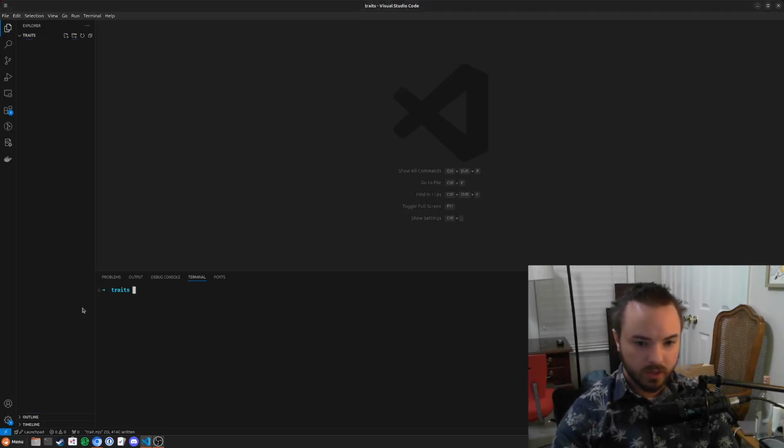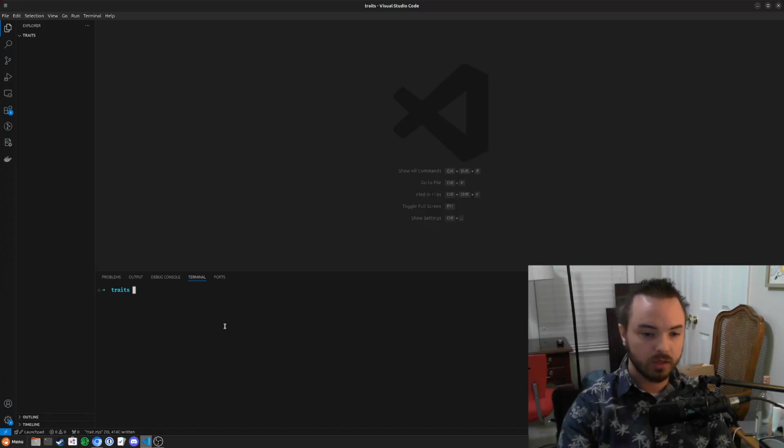I have figured out a way of implementing traits in JavaScript, and there's a lot of different ways of doing something trait-like in JavaScript, but this way makes a lot of sense to me, and I'm going to share it with you. If you don't know what traits are, effectively when you're doing object-oriented inheritance, for the most part what